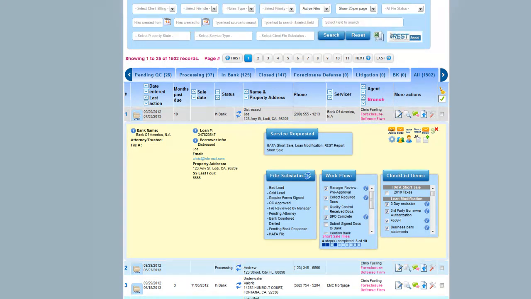This is very important to understand. This is the multi-level affiliate structure that we were discussing earlier. Every file belongs to an agent and to a branch, no matter how big or small your organization is. So for the smaller companies that don't have a bunch of outside affiliates or branches, you still have to have your main corporate branch and at least one agent that you tie your files to. For the bigger guys that are out there,